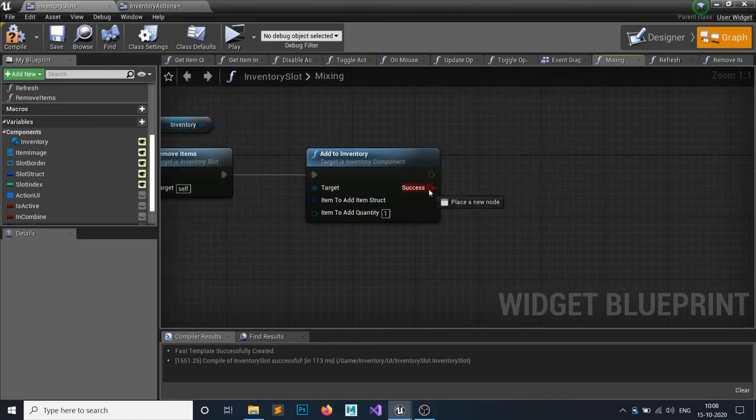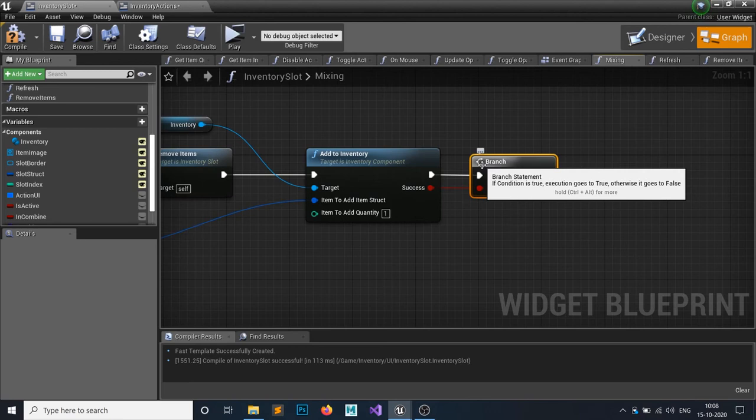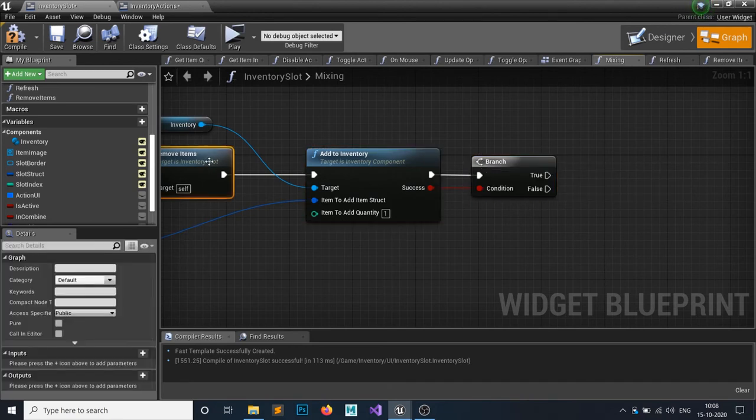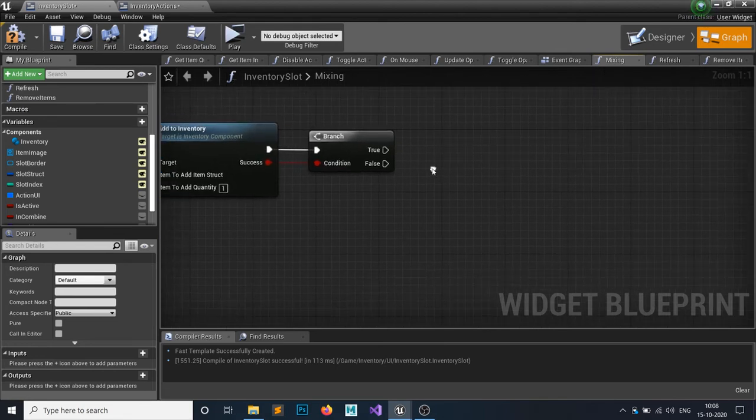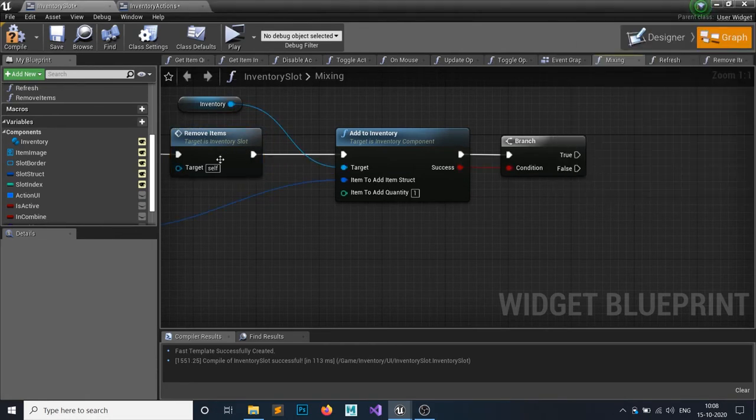Then we want to check if it's true or not, because sometimes after discarding we cannot add the item because the inventory is full, so we cannot make this item. So if it's not, then the items we have removed, we also want to add them back.